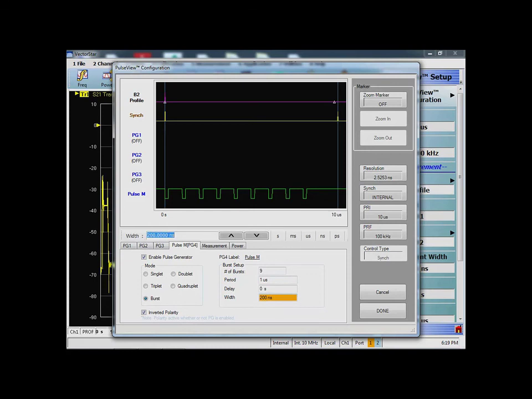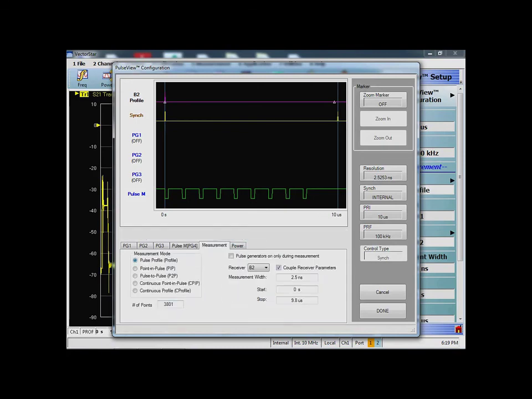I'm not adding any delay here, and the width is 200 nanoseconds. I can play a little with the pulse width, but not much, because if it coincided with others, then it's going to be a problem. And on the measurement side, again I've configured the B2 receiver. Again, same thing, measurement width of 2.5